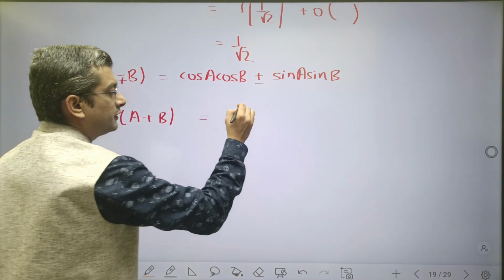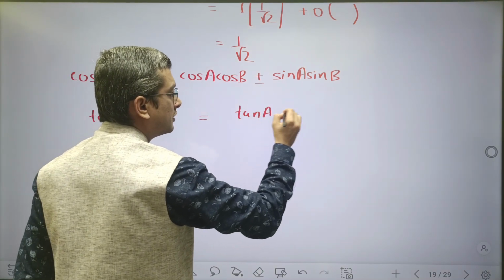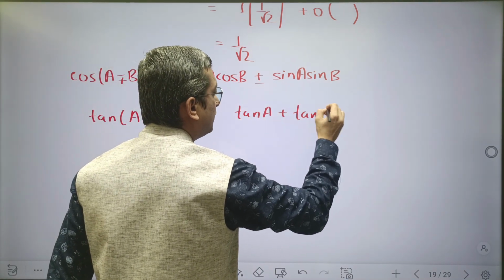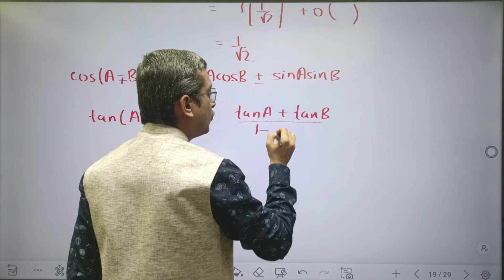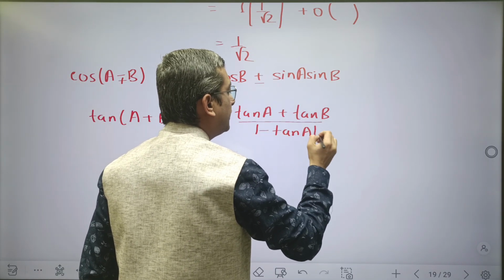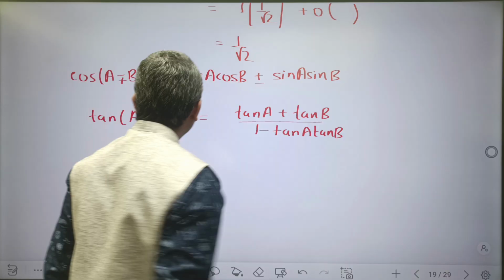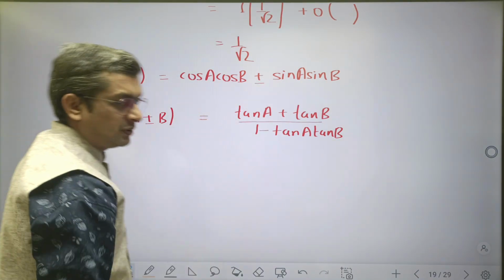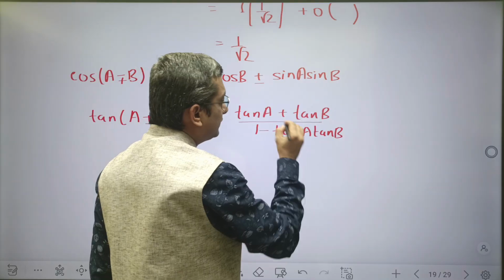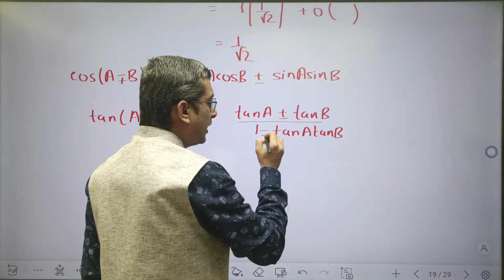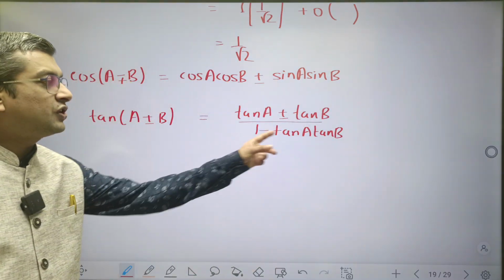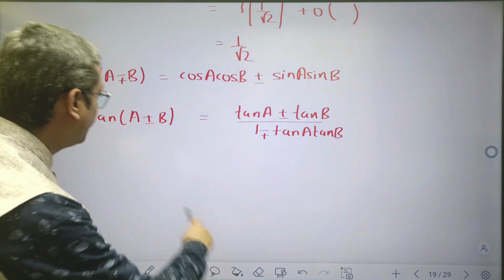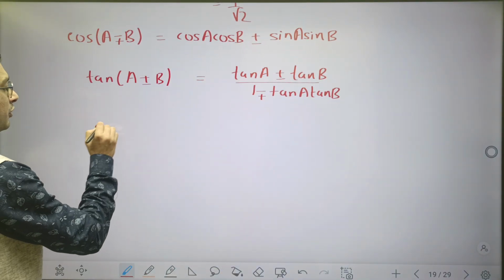So its formula is tan A plus tan B by 1 minus tan A tan B. Now if you put minus sign here, that is tan of A minus B, then the formula would be tan A minus tan B divided by 1 plus tan A tan B, isn't it? Then a very important formula,